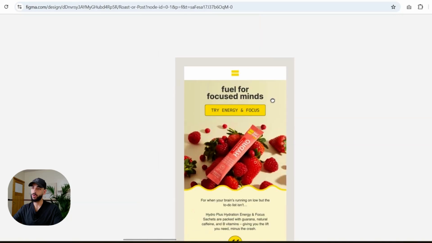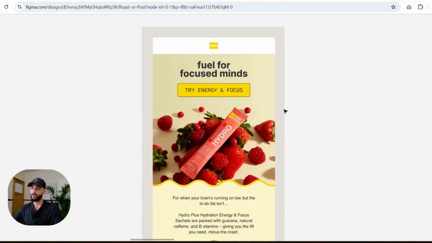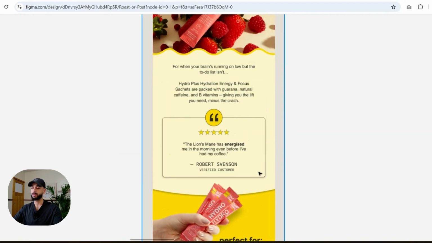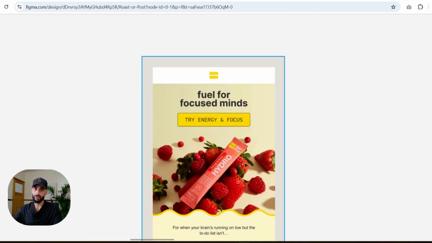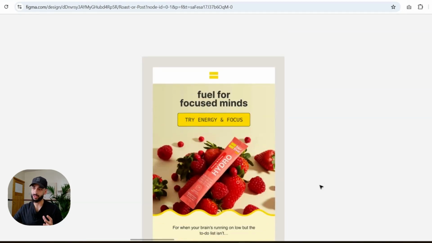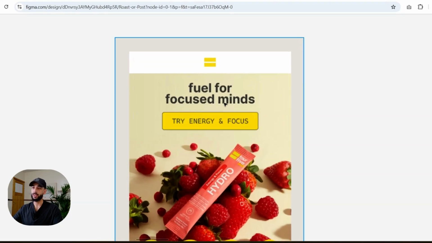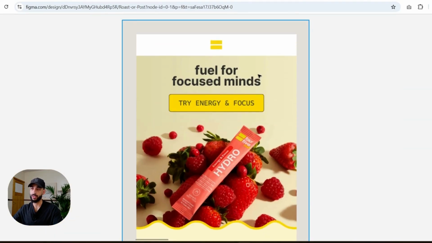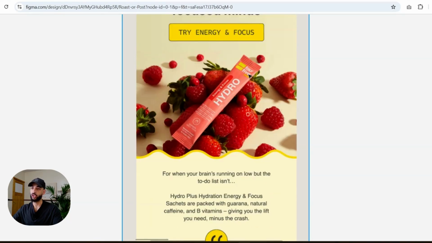Now let me show you what is good about them. For this one, the design, I would give it a solid 9. And the reason I'm saying 9 is because never say perfect, because there is always room for improvement. That's the only reason why I'm saying 9 and not 10. So why is this such a good design? First of all, super simple. They've got hero text, they've got a CTA at the top of the email, they've got an image that actually matches,